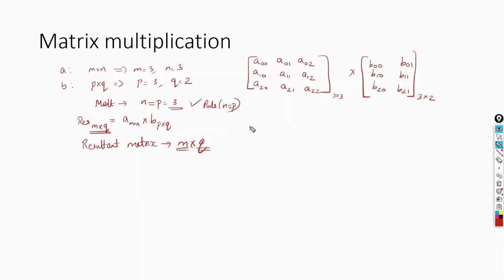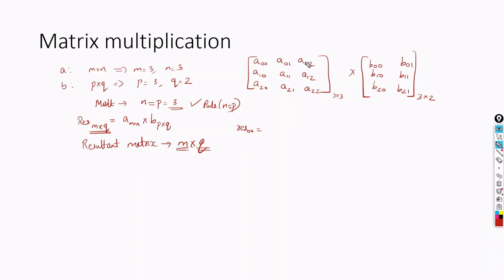And now let's take the first case. What will be the resultant matrix, the first element? If it is RES00, how will you get it? The first element is obtained by multiplying each element of the first row of the first matrix with the first column of the second matrix. That's the basic thing of matrix multiplication. If you have any doubt, you can check some other simple examples.